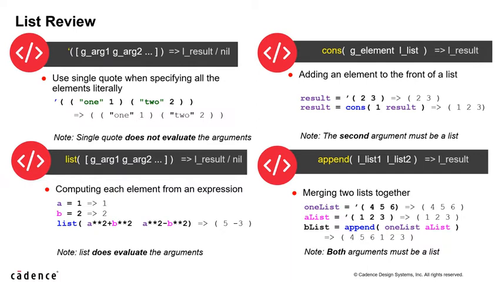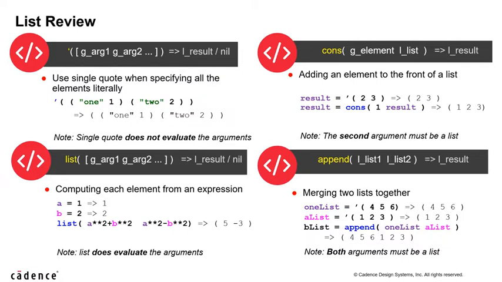The next bullet we'll look at here is basically using the list function. The difference between single quote and the list function is that list will evaluate the items before it creates the list. So here you can see that we have A assigned to 1, B assigned to 2, and then within the list function we have two arithmetic expressions which then result in the list containing the number 5 and the